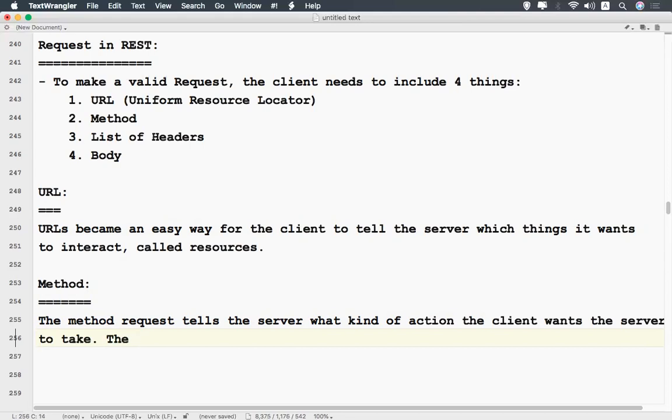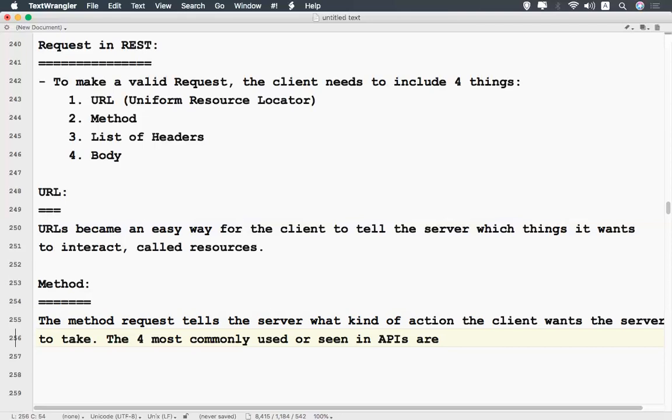There are a few methods, and four of them are very famous, the four most commonly used or seen in APIs.